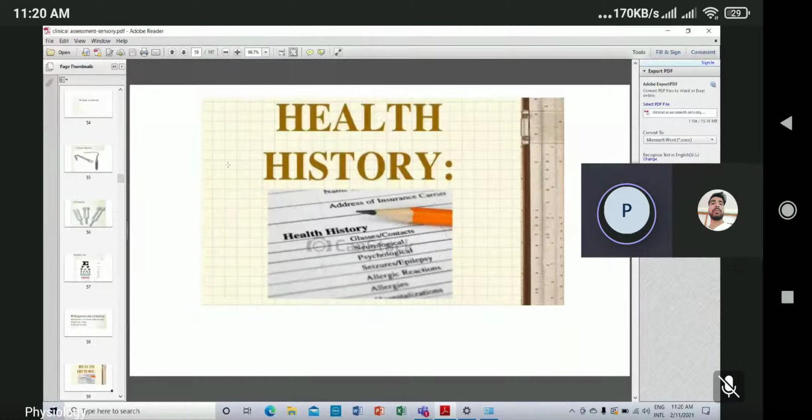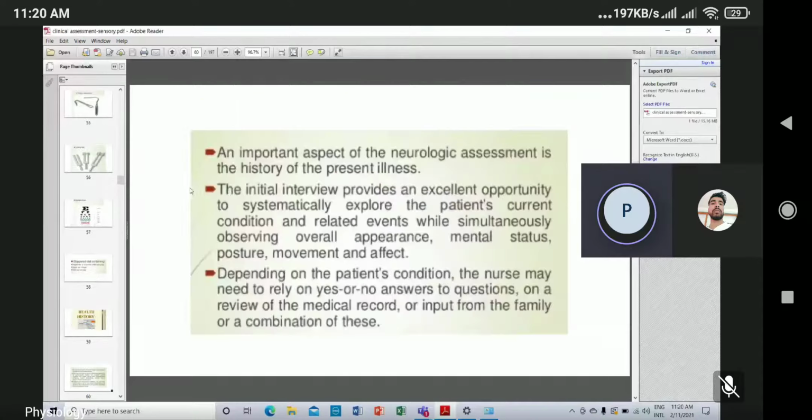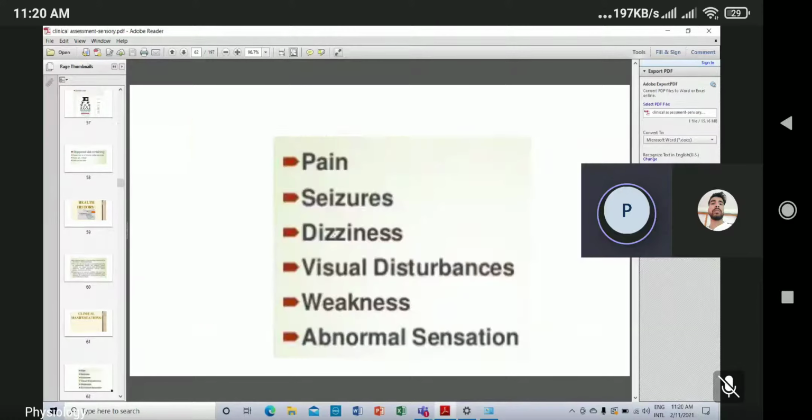So what we do when a patient comes to us at first is we introduce ourselves, then we start talking about the patient's complaints. That is what is called health history taking. You might be well aware of how we take the history of the patient as you study in your ICM classes. First we talk to the patient about the symptoms and the duration of the symptoms, then the clinical manifestations. The patient may say that they have pain, seizures, dizziness, visual disturbance, etc. So we try to find out what the problem of the patient is.